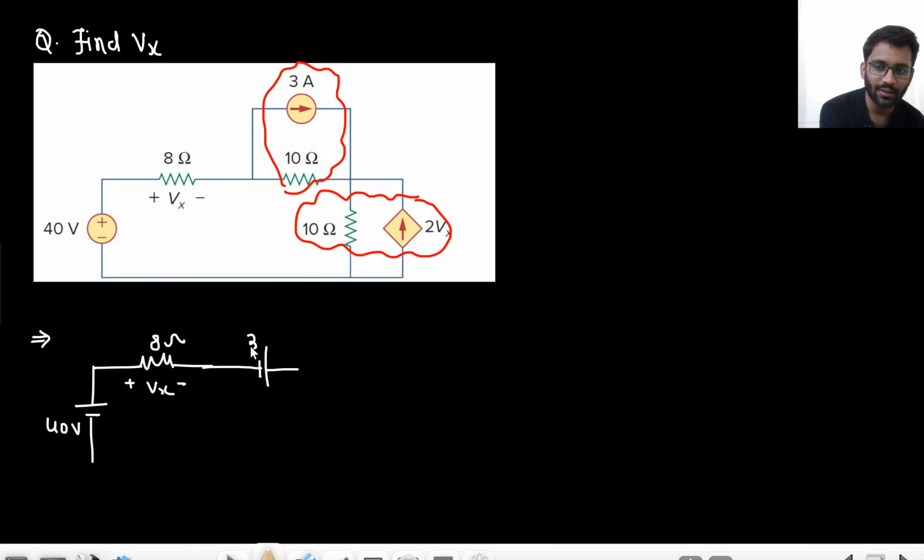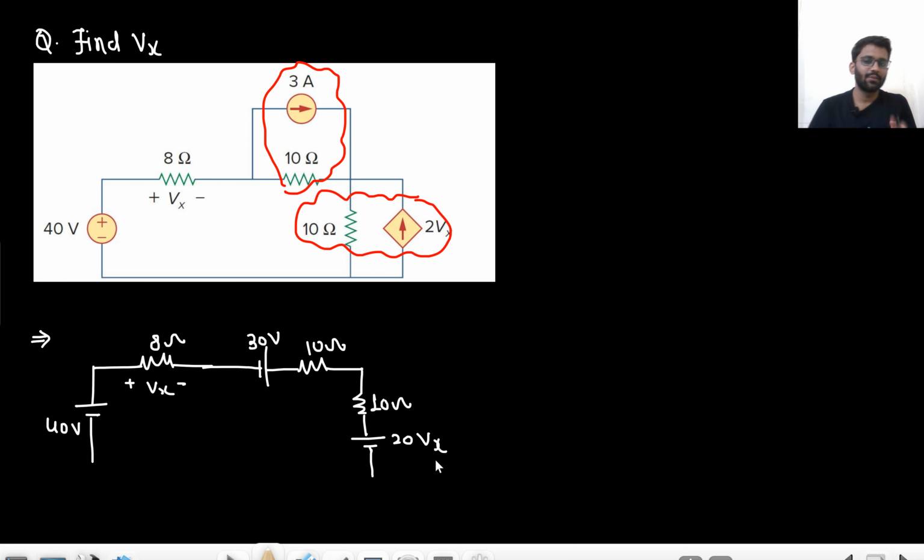That will be a 30 volt battery with a 10 ohm resistance in series. Here 10 ohm, and with how much resistance in series? 10 ohm resistance in series, and what is the battery? That will be 20 Vx, and the direction would be plus and minus because the current is upward. So it will be 30 volt in this direction, right? And now we will just